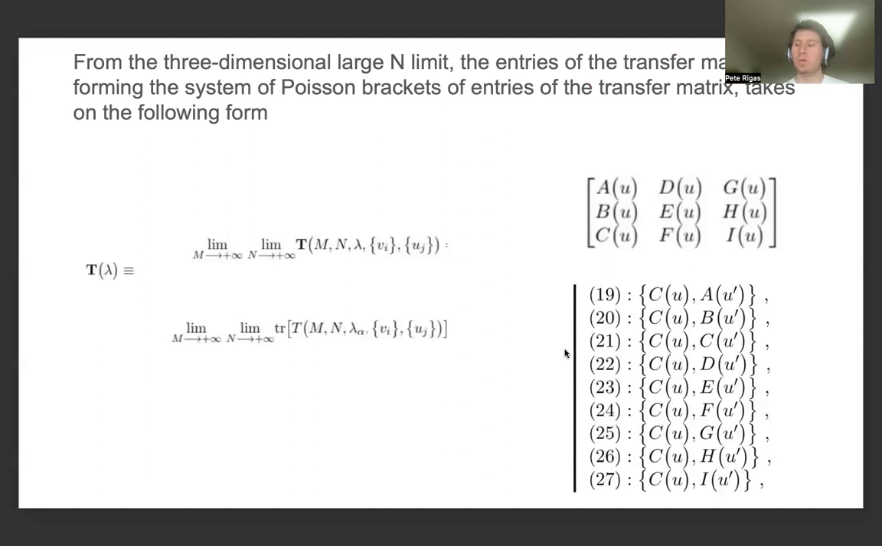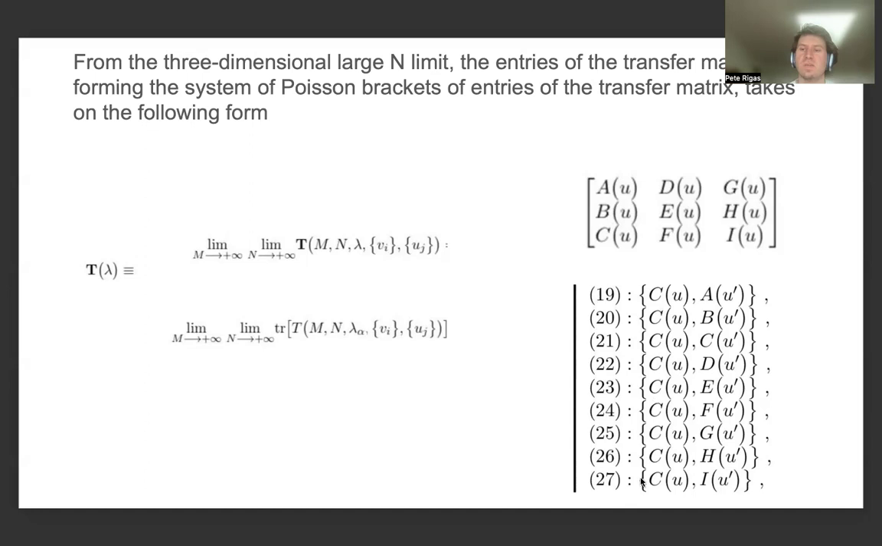And from the three-dimensional large N limit, the entries of the transfer matrix form a system of Poisson brackets of entries of the transfer matrix of the following form. Like we said, we're just providing as an example relations 19 through 21 from the set of 81 relations, in which we were looking at all of the Poisson brackets within the set of relations for the Poisson structure of triangular ice, which have the